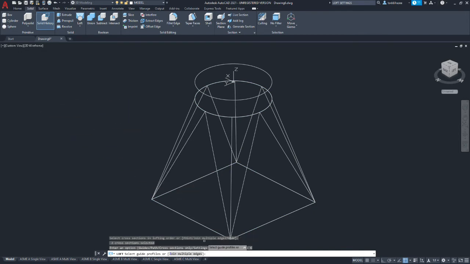Select guides, and then we're going to select in order, going in a clockwise fashion. You don't want to do these out of order. We're going to select each one of these guide curves, and it's going to force the surface to stick to those wherever those land. We're going to hit enter, and we should have a solid.